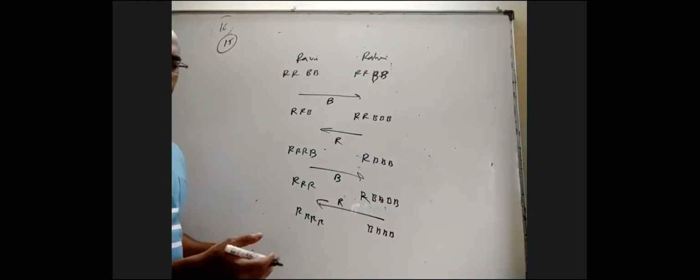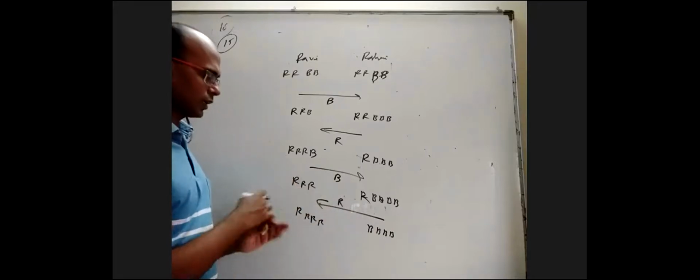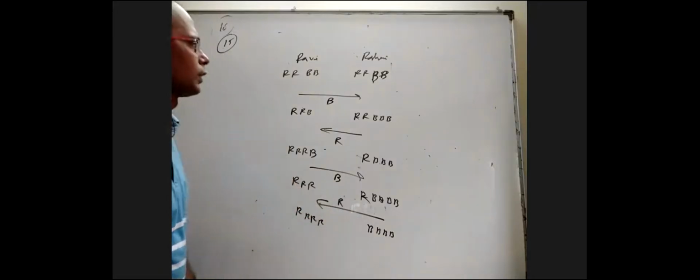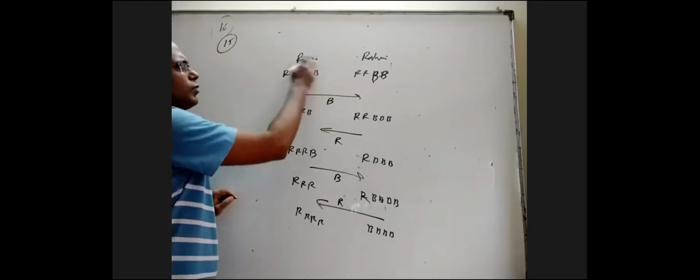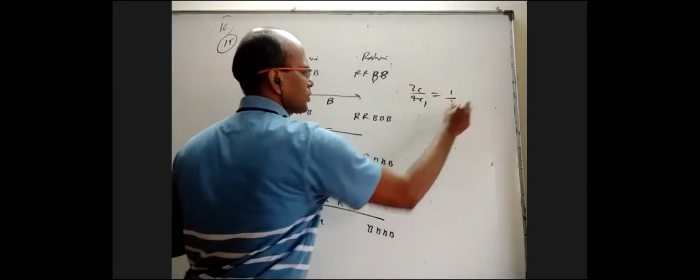Okay, we'll find the probability for this, and that will be the answer, because I can have all blacks here and red here, or here. To transfer black, what is the probability? Out of the 4, you can choose any 2. So only one out of the 2. So it will be 2C1 by 4C2, which is 1 by 2.